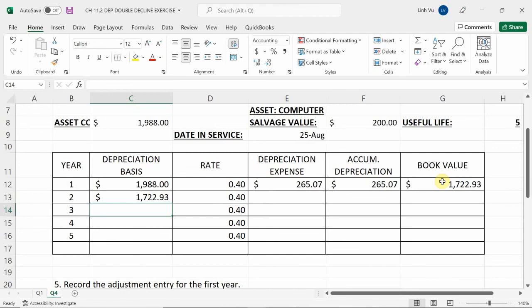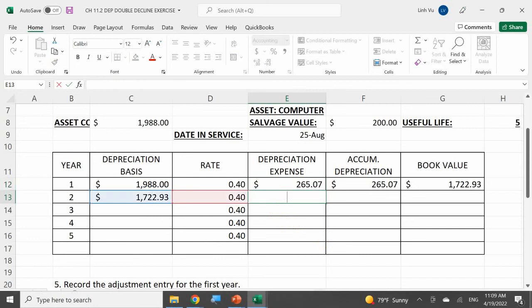So how much is this going to be? 689.17. Okay, good. 689.17, which will give me a accumulated depreciation of